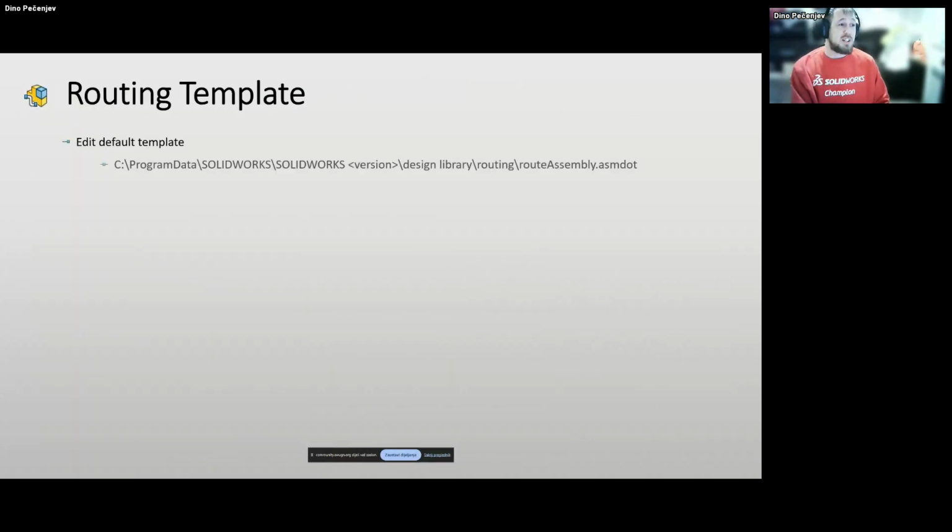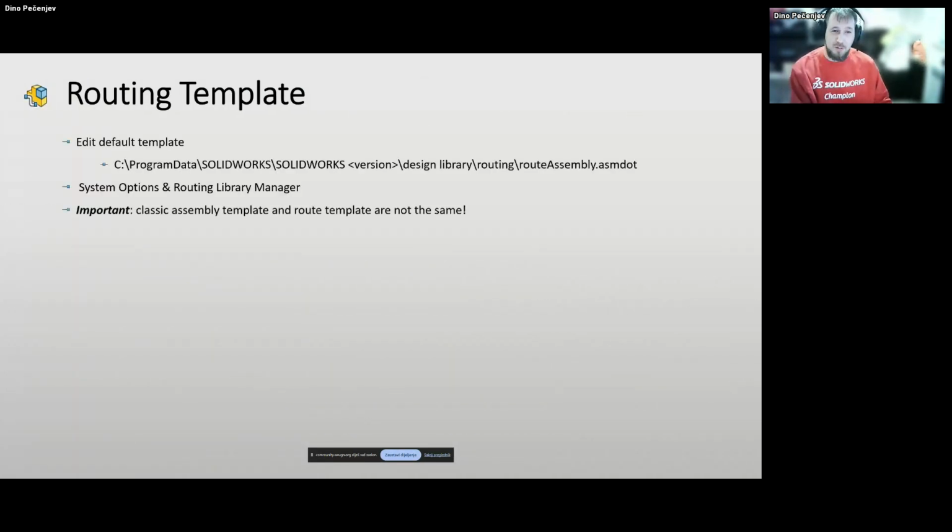And let's start with the actual routing. So first things first, we need to create our default template. Now, this is important.